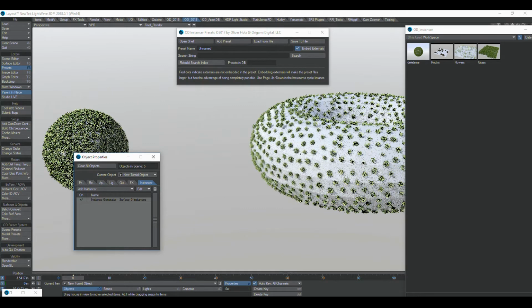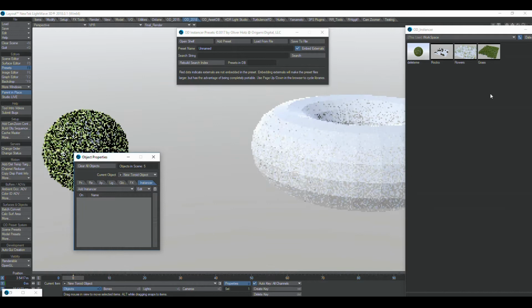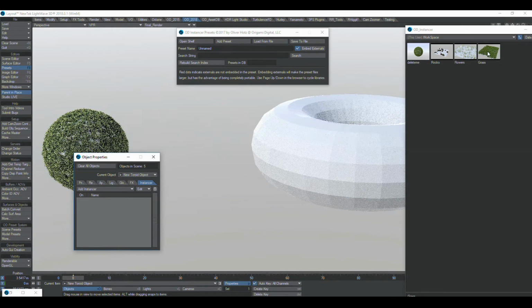And you can see when you do that, it makes it incredibly hard to reuse your instancing setup, because now you've got to go in the instancer again and set it back up. Because how do I get the same distribution? Whether this is a yard or a soccer field, whatever it is, you want to maintain the distribution. And so what I've done in the preset system, when you store a preset, it actually stores the surface